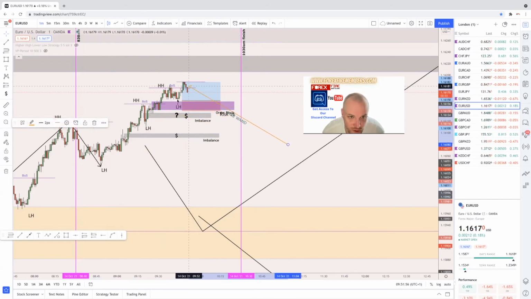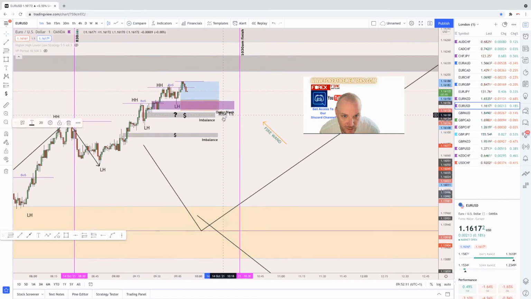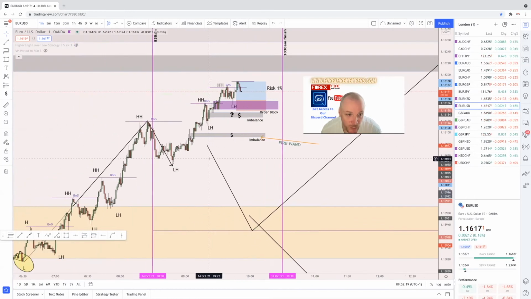So if this is to break structure and come down and take out the lower lows, the lower highs, sorry, and take out this lower high, price will possibly want to do one of two things. It will mitigate one of these two areas. Okay, now can you see the power in why I start to build my path? I'm leaving breadcrumbs behind me, if that makes sense. I'm leaving my breadcrumbs behind me so I can look back and see what sort of trail on where price has been, the gaps of where price has left inefficiency.